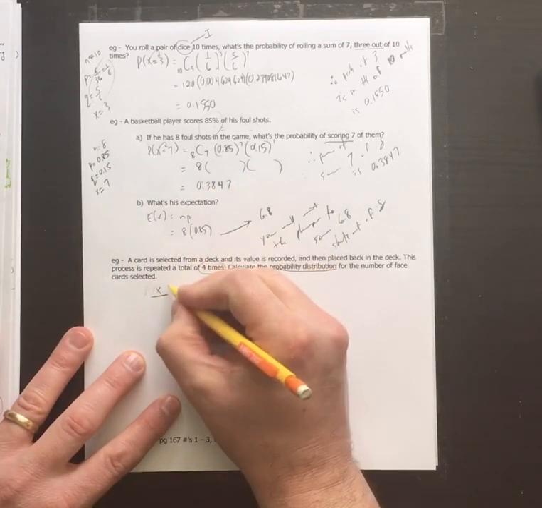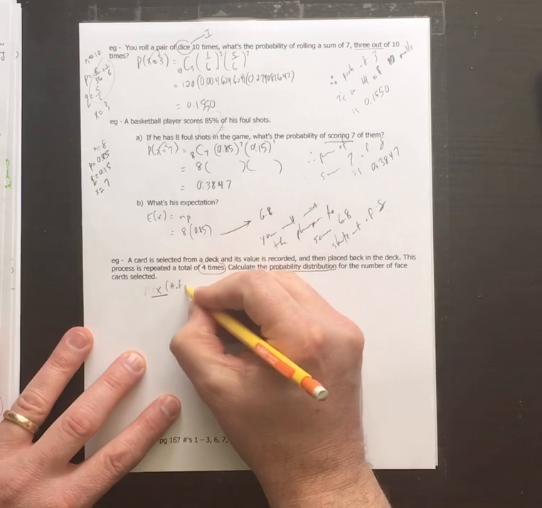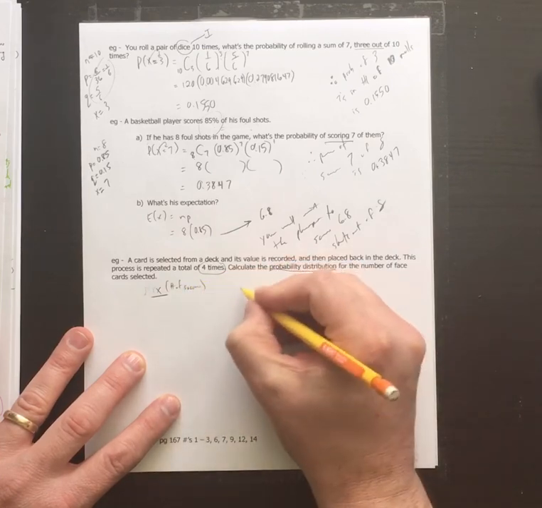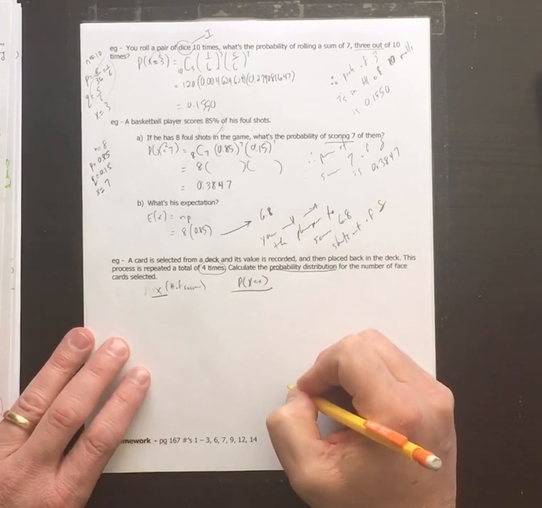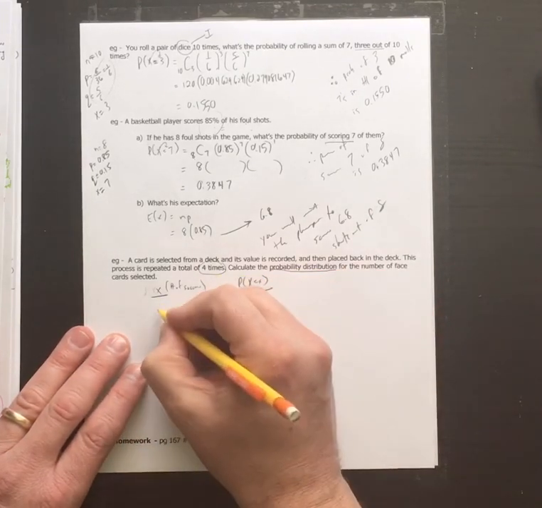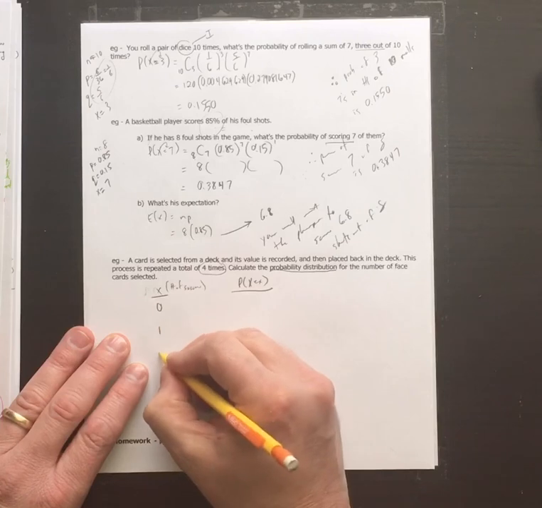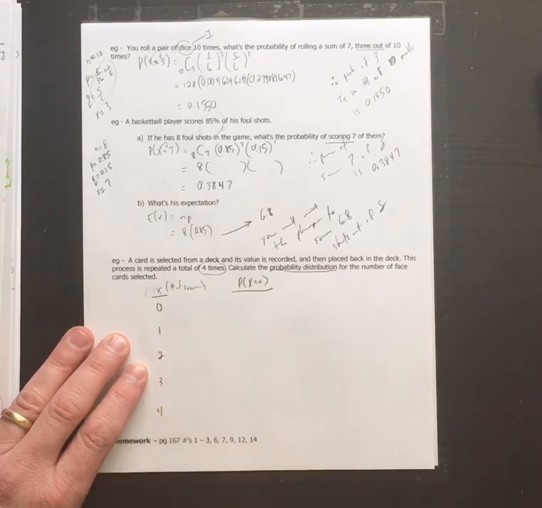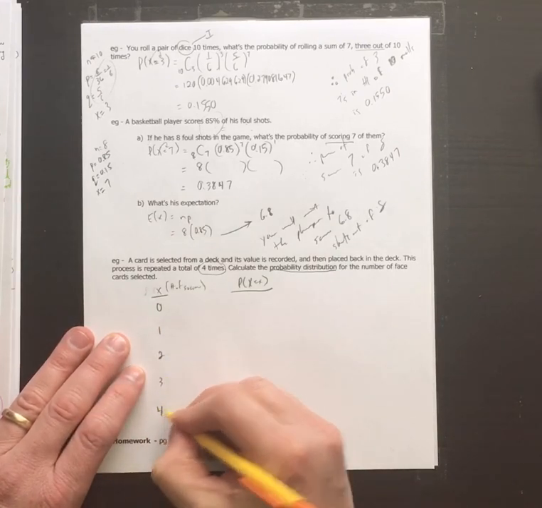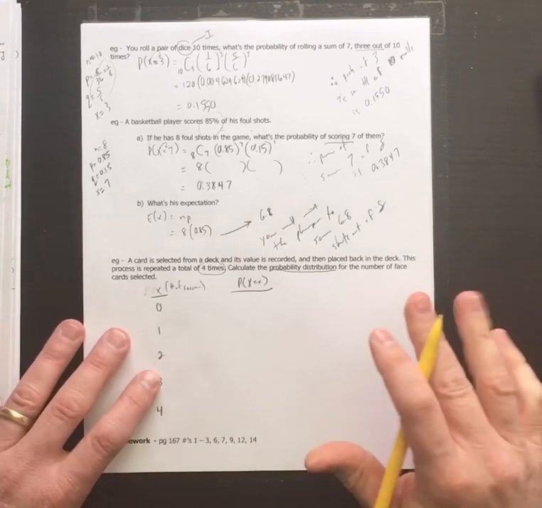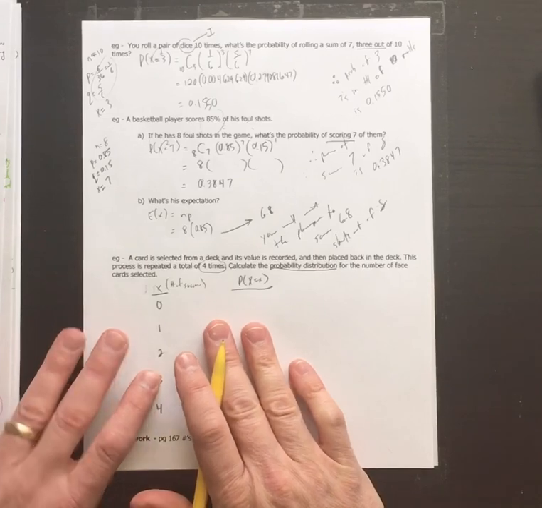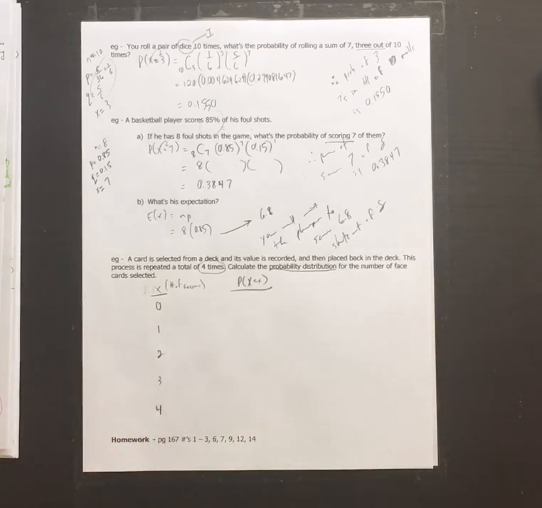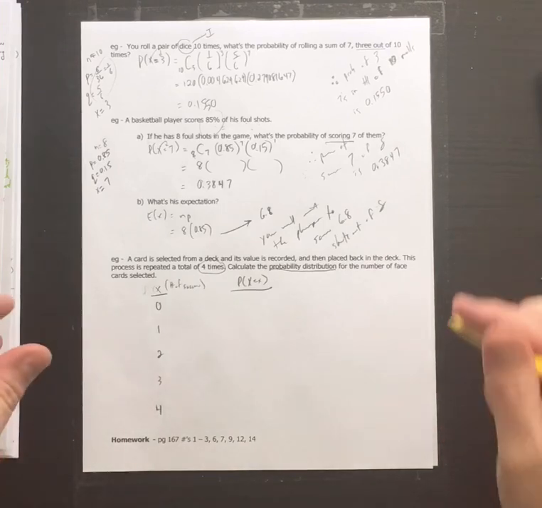You have X. That's always the number of successes. And then you have P at X is equal to X, and that's the probability of success. Okay? And so in this case, if we're going to do 4 times, we can have 0 successes, 1 success, 2 successes, 3 successes, 4 successes. Okay? That's the way a distribution is going to work out. That's one theme for this question that's important. Another theme for this question that's important is the idea